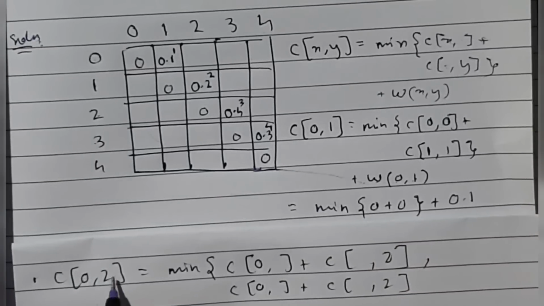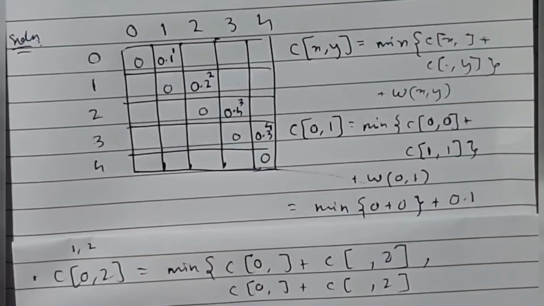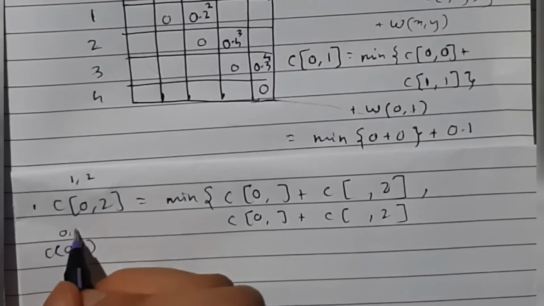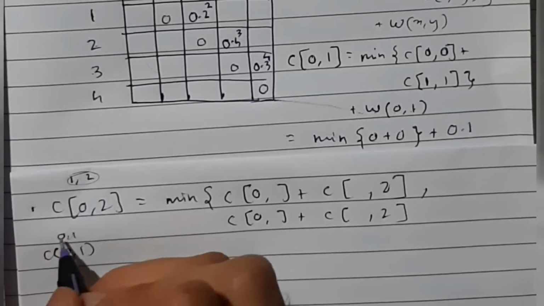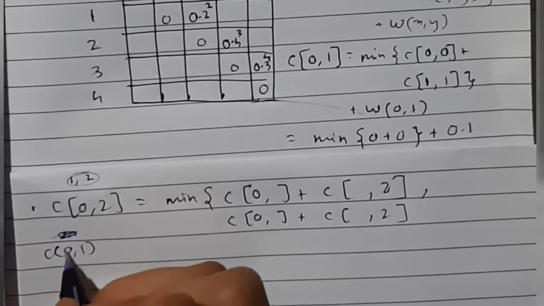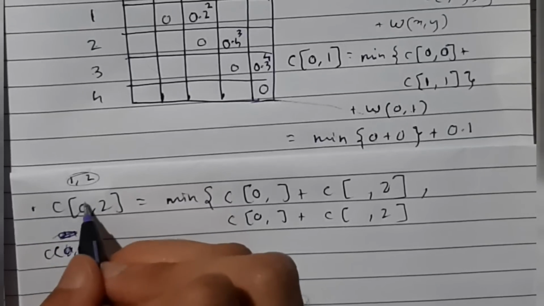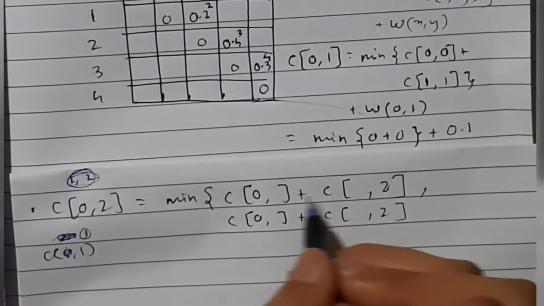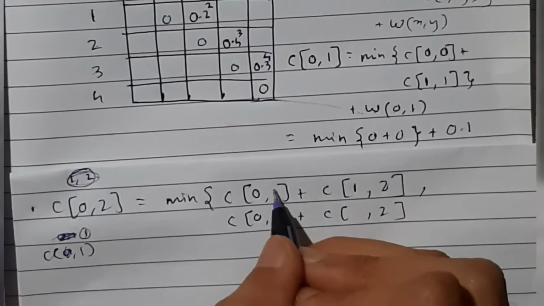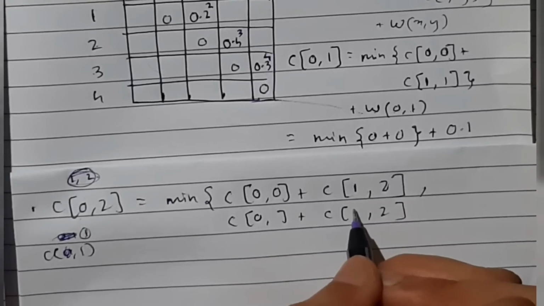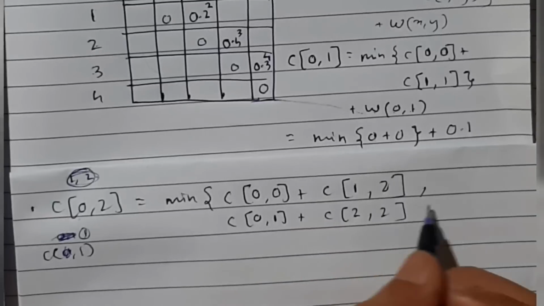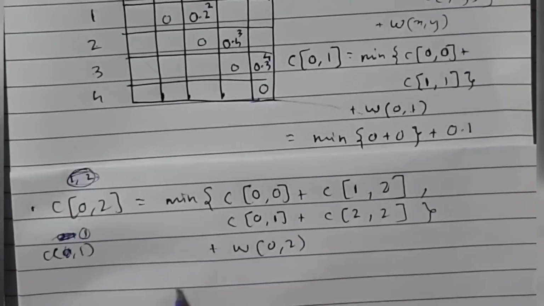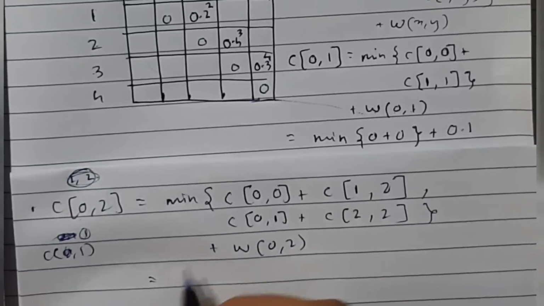See here, from 0 to 2 I have the keys 1 and 2. Before, I had C of 0 to 1, so I just had 1, but here I have 1 and 2 also, so both I can fill here. 0 is not considered, ignoring the first element, I'll have two keys here, 1 and 2. So in the first place I'll be filling 1, and 1 minus 1 is 0, and in the second I'll be filling 2, 2 minus 1 is 1. Then plus weight of 0 to 2. Now we'll be seeing the table and filling these values.